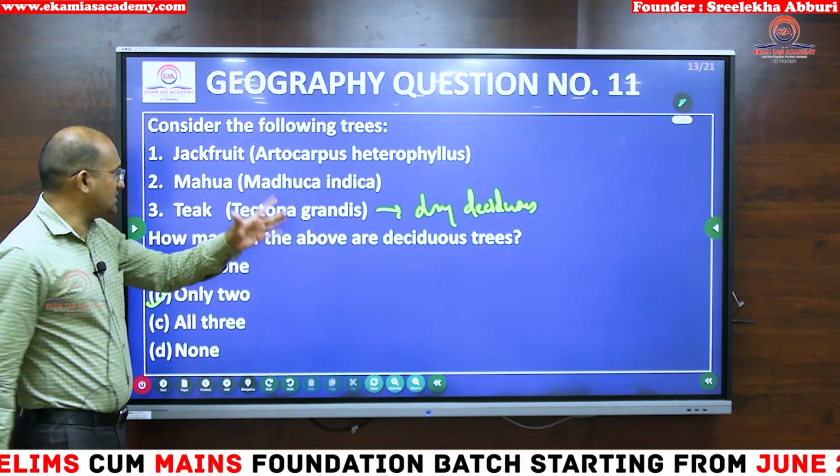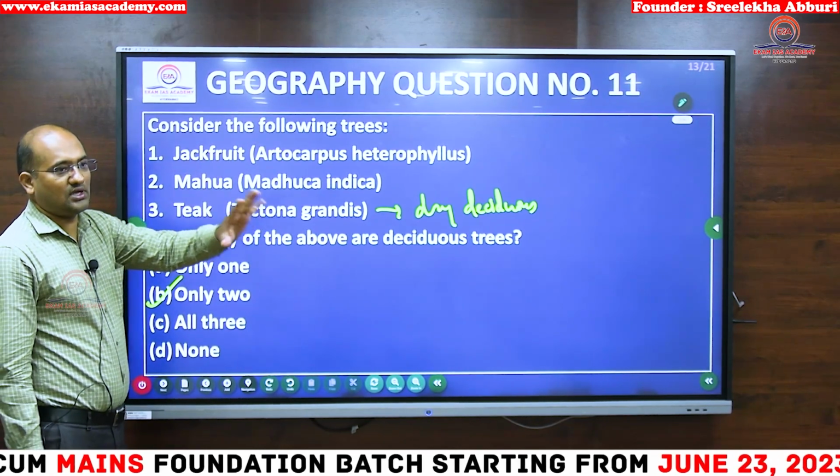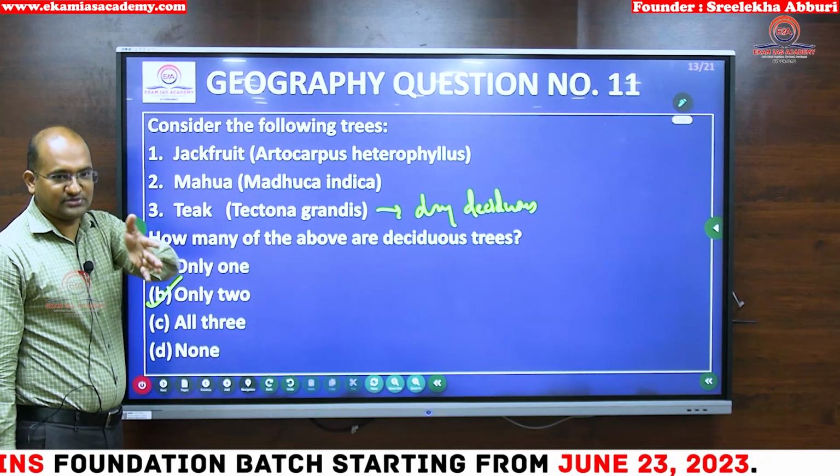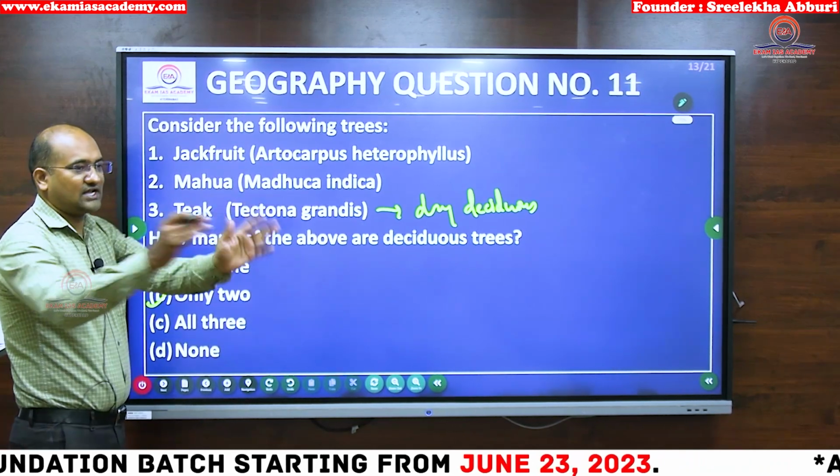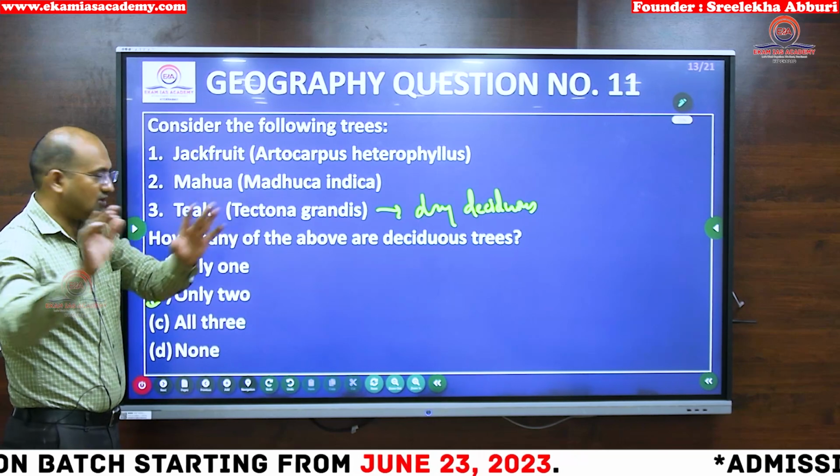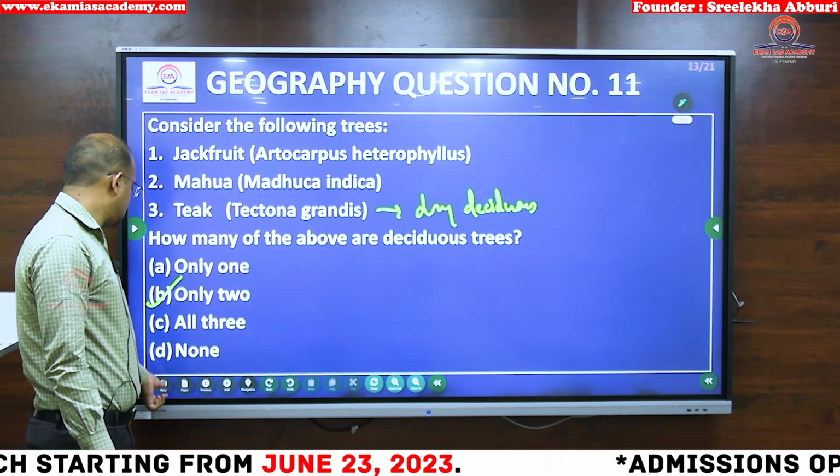Again you should know what are deciduous, what are evergreen forest, and different types of forest. We have mangrove forest, what are the types of plants grown there, then only you can answer this. Next,